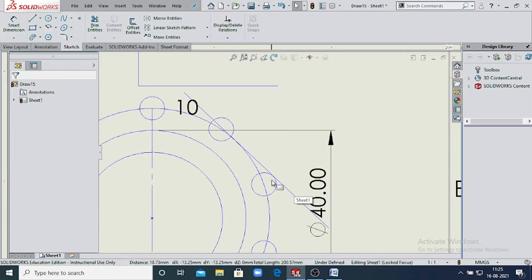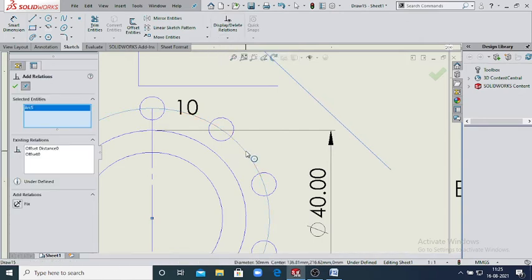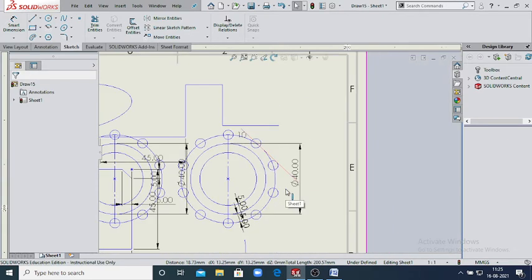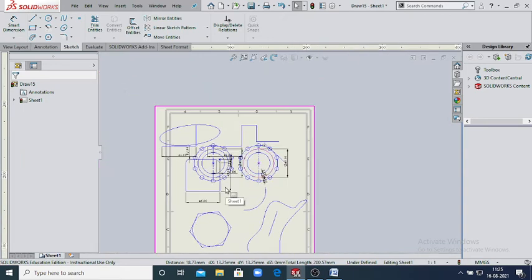If you want to do it directly, just select this line and add relation like this one and this one, and select the tangent like this. Okay, so these are some basic introduction commands of the SolidWorks software.